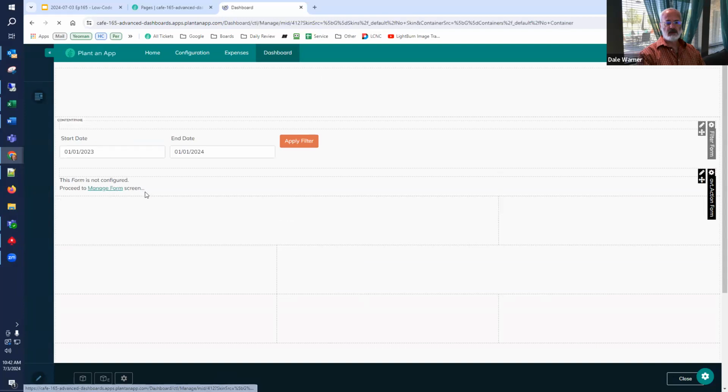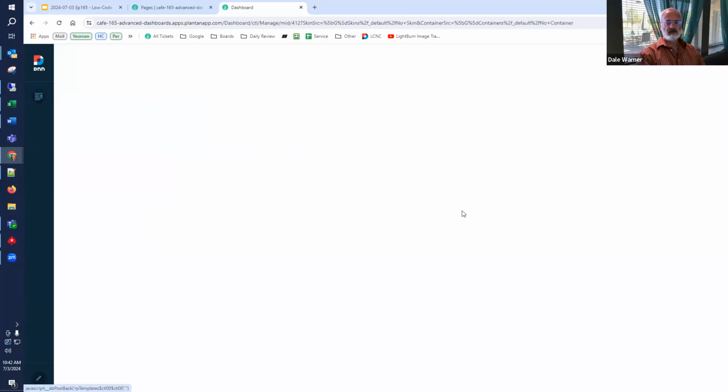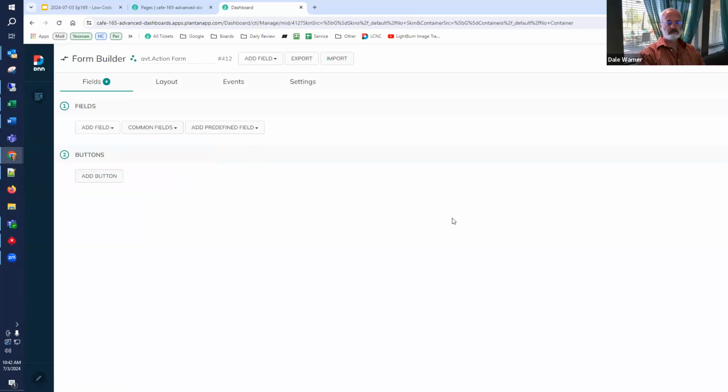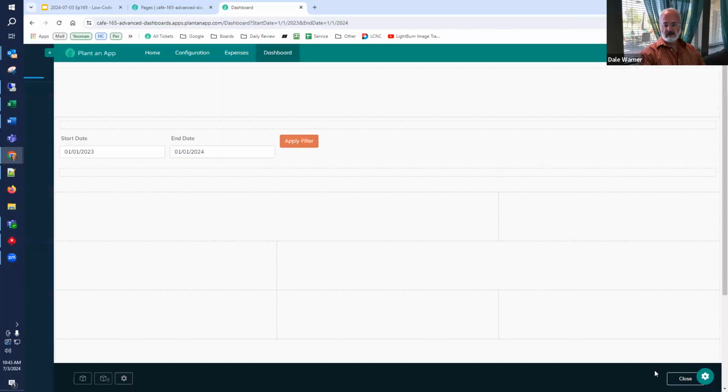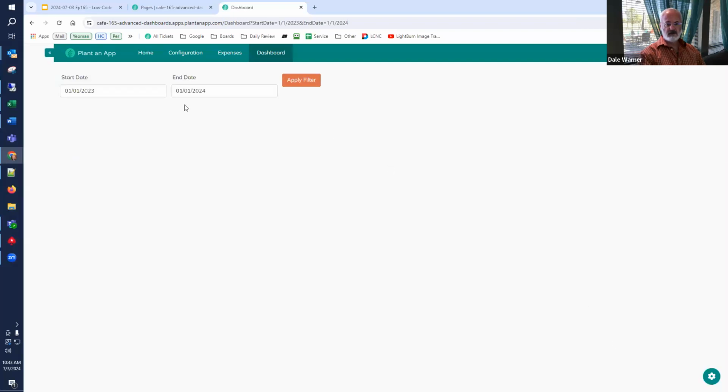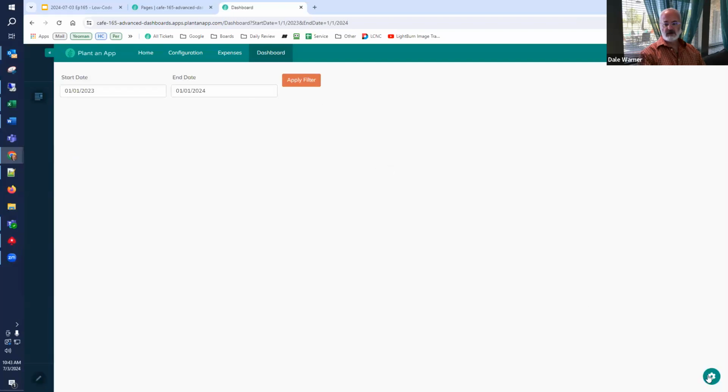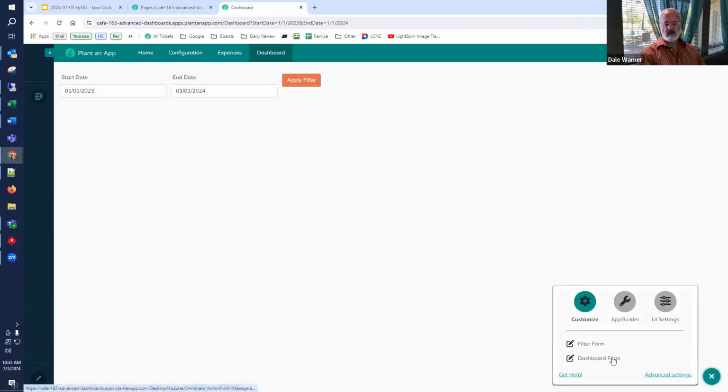Yeah, manage it the first time and say blank form. And this is going to be our dashboard form. I'm going to save and go back and close out of edit mode. The form is invisible so far because we haven't put anything into it, but we can edit it now in,